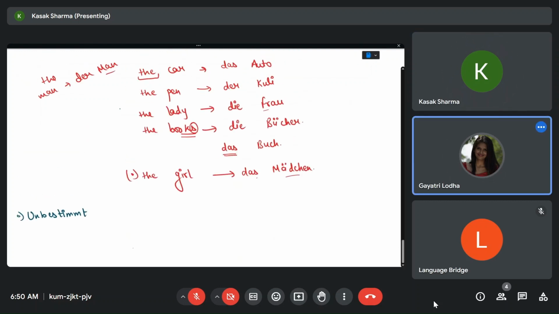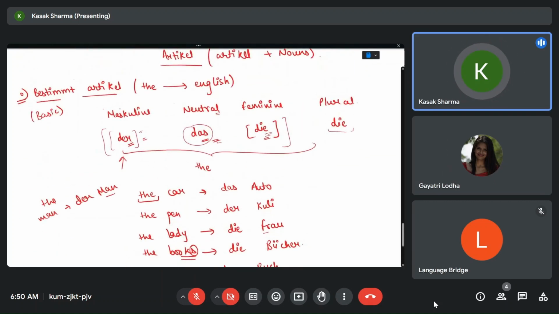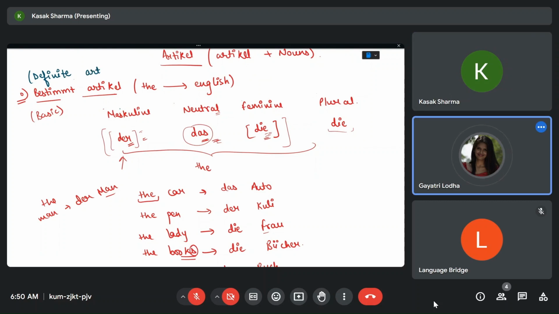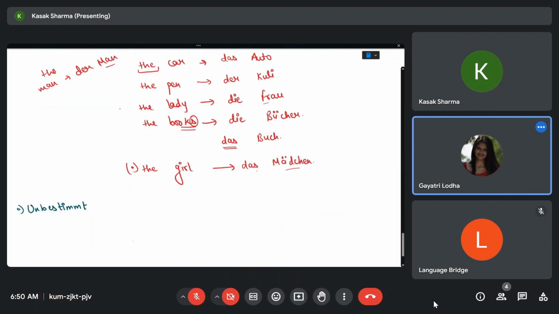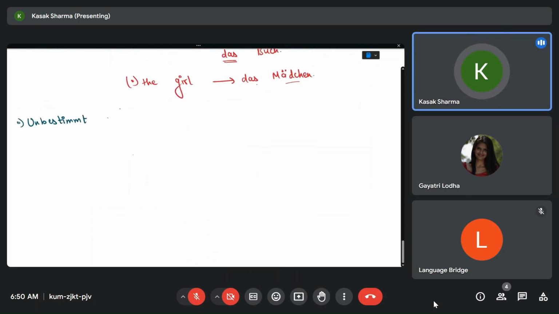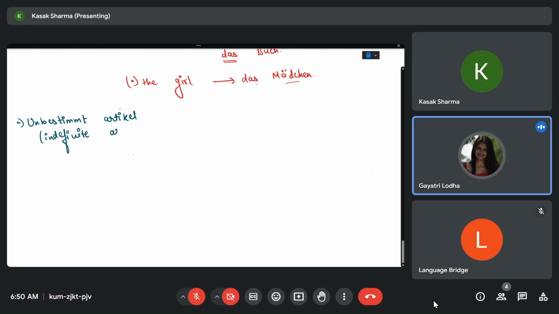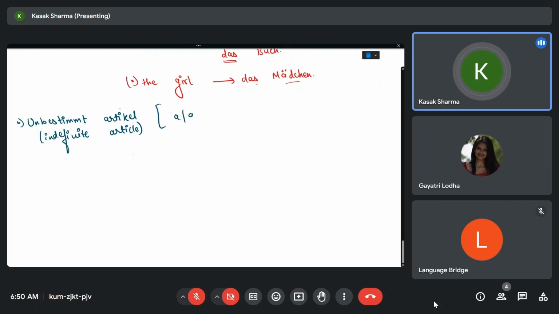This bestimmt article in English is called definite article, and this unbestimmt article is your indefinite article. It is nothing but the a or an of English.